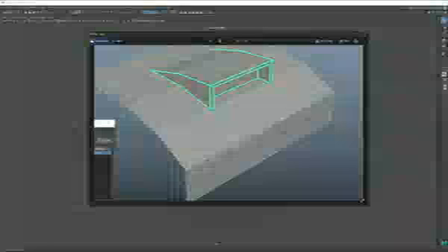Same as the previous example, we simply do not have enough topology to support a detail like this. Once we apply supportive edges like you see here in a bit thicker green, you are left with a problem where we're trying to connect those edges from here to a single point, which is lying on a flat edge. So this area here will also cause some pinching, because you have two widely spread edges going into one single point that already has 1, 2, 3, 4, 5 edges here. Of course, that will create pinching on its own.